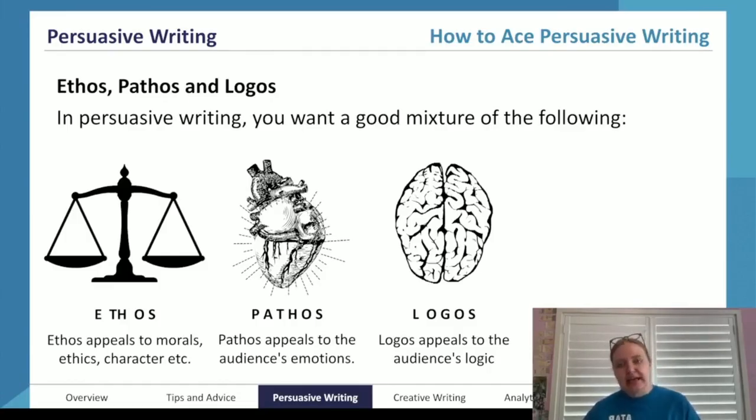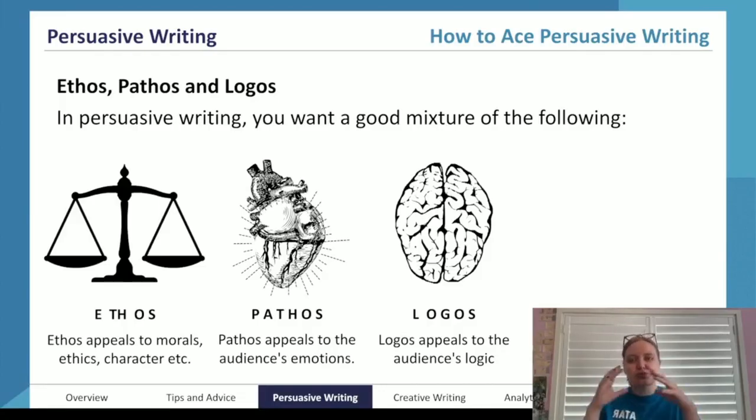With pathos, it's all about appealing to the audience's emotions. So humans are incredibly emotional creatures. This is why we like videos of baby animals so much. And so you're basically appealing to those emotions. So imagery is a really strong persuasive feature to be using when it comes to pathos.